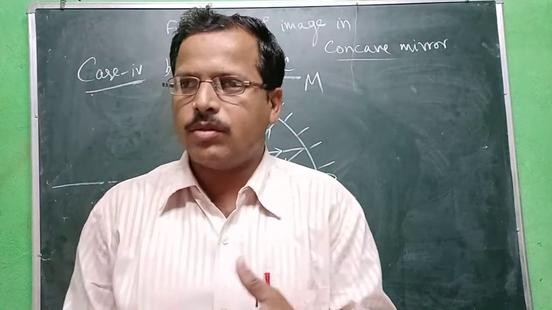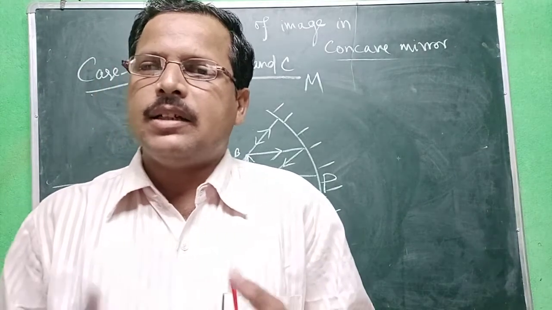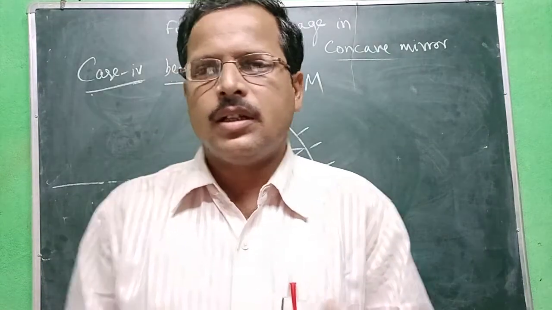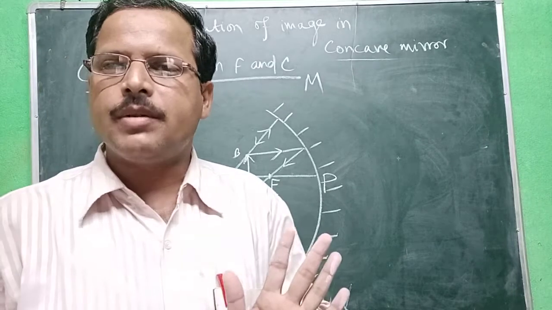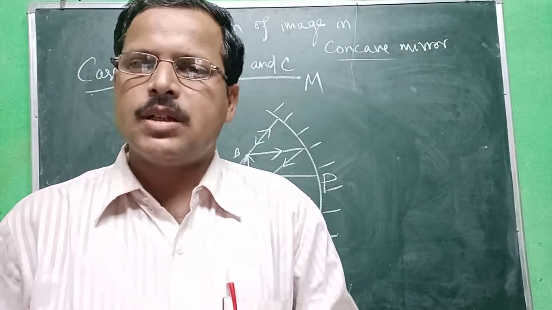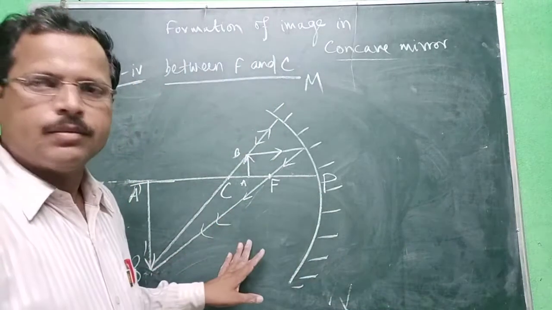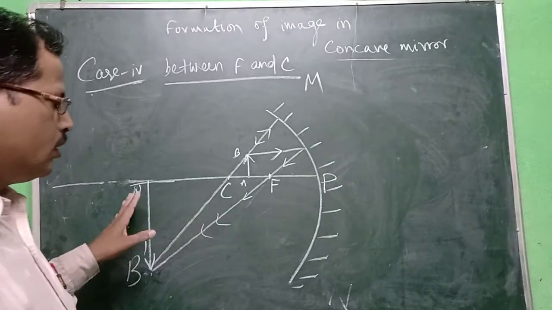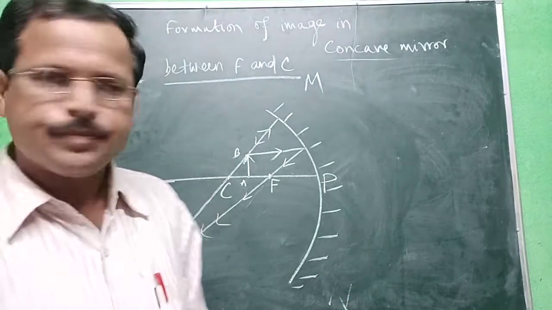This is the point I told about at infinity, just before. Actually, they meet at a distance beyond C, if I say it clearly. At a distance away from the center of curvature, and that image will be a magnified image, that means a larger image, but a real and inverted image. Okay, now this is clear. This is the image here, and it is magnified. That's all. Next.